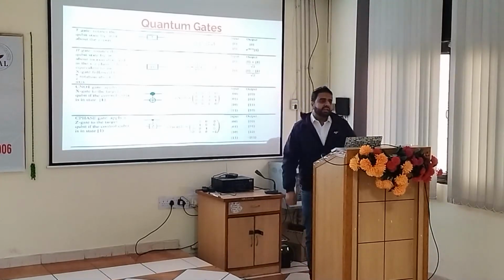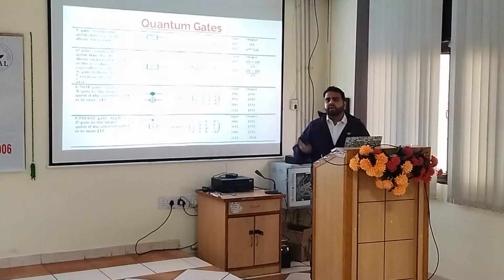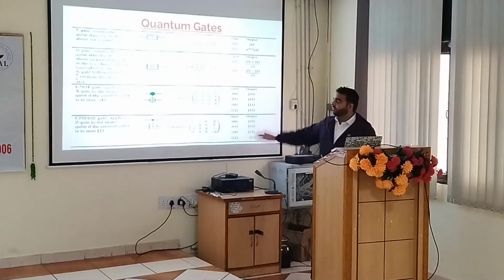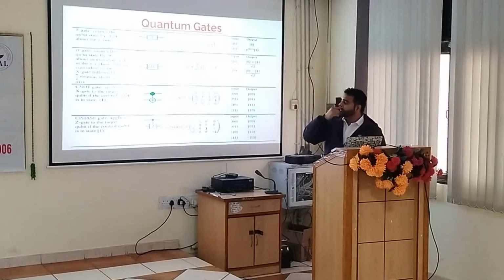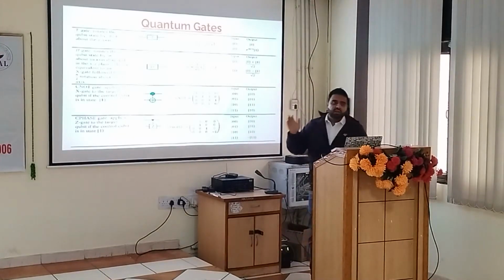So these are the different gates, depending on what type of output we are looking for, how the output will be generated. So you can see at the right, we are having input as well as output, how the output will be formed. So these are the different gates which are basically used to work upon the qubits, just like the logical gates are there, how the operations will be performed, and accordingly these are used for the qubits.